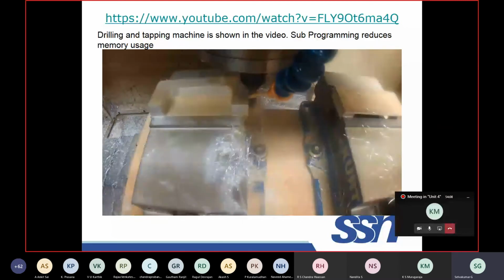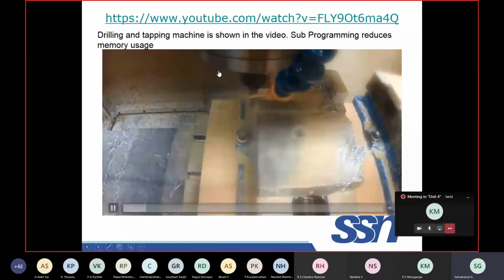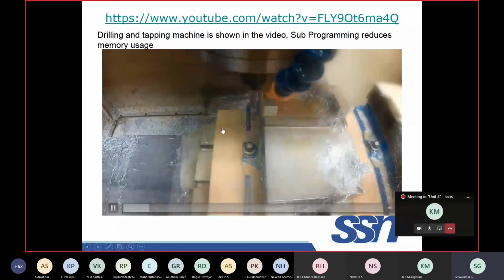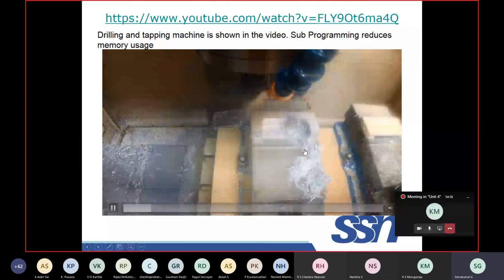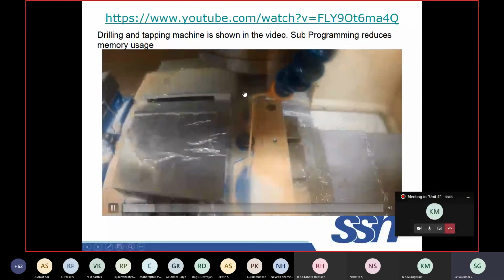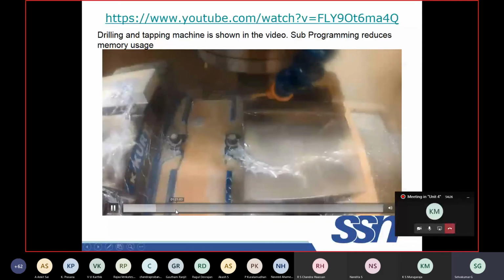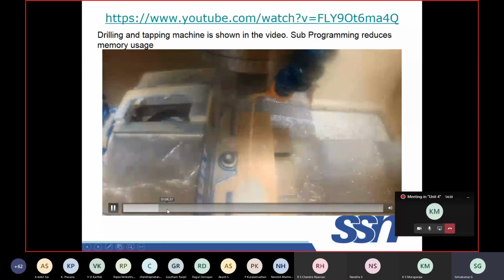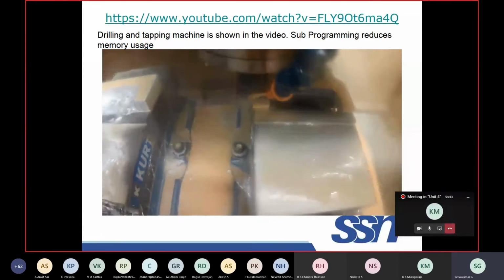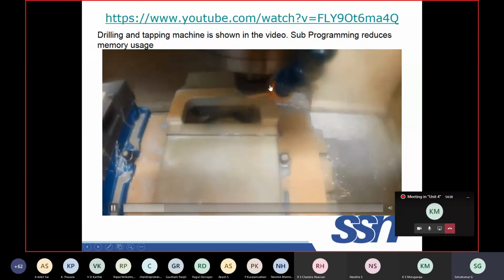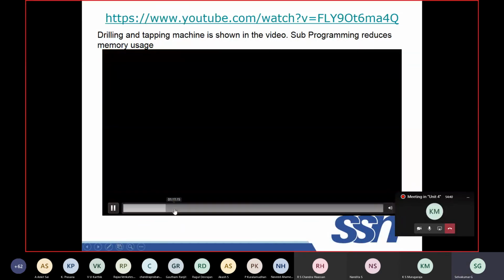Okay, the machine shown here is not a milling machine, it is a drilling and tapping machine. The tool is stationary. As per the program, the CNC table is moving so that the required part can be machined. This is the automatic tool changer, which has changed the tool. That is also possible. It is used for stock removal or combining n number of programs. The operation continues. Okay, so it is another example.